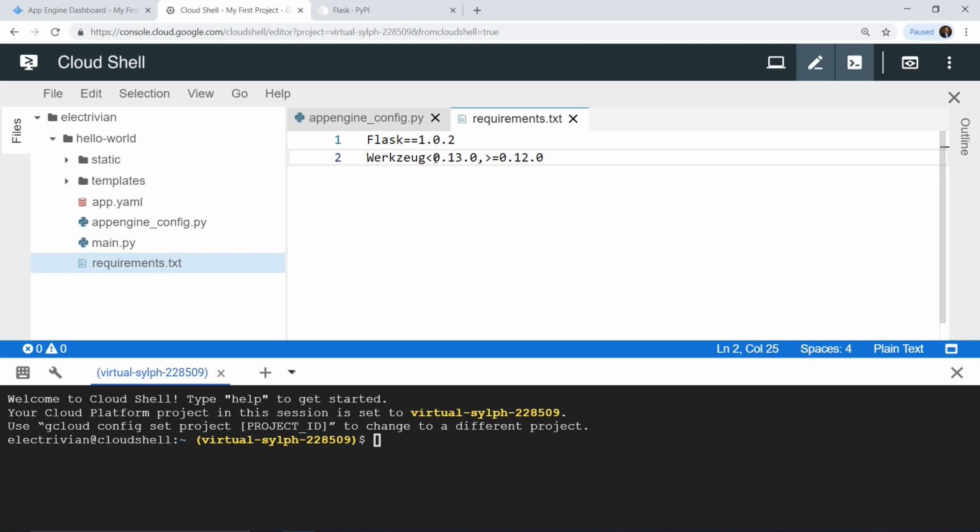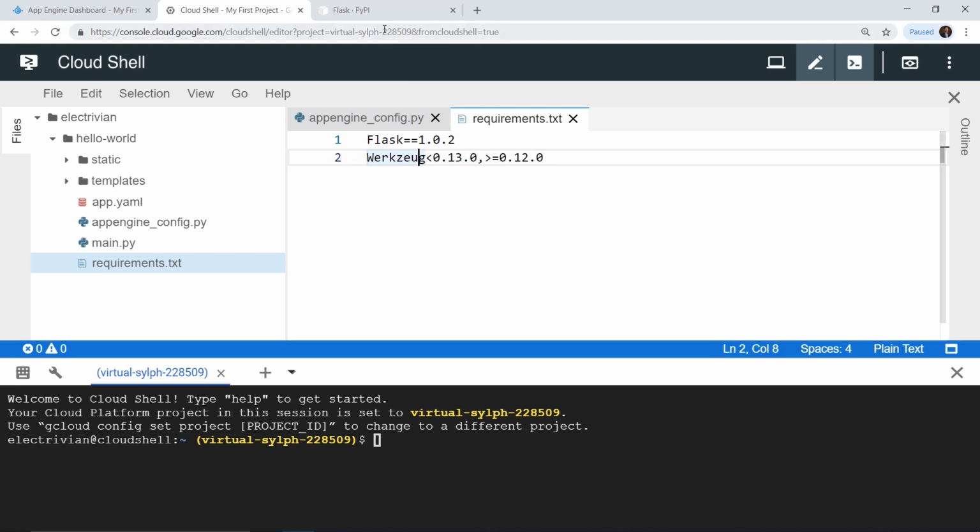This essentially means that we want a Werkzeug installation whose version should be less than 0.13.0, but greater than or equal to 0.12.0. So any version in between these, 0.12.0 up to 0.13.0, is perfectly fine.